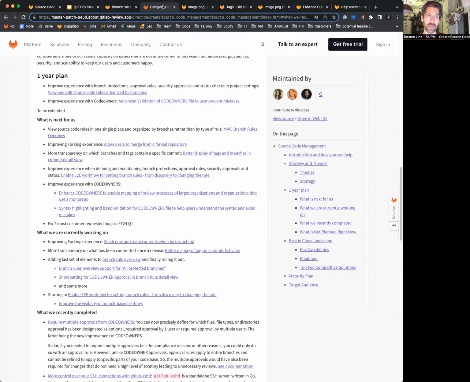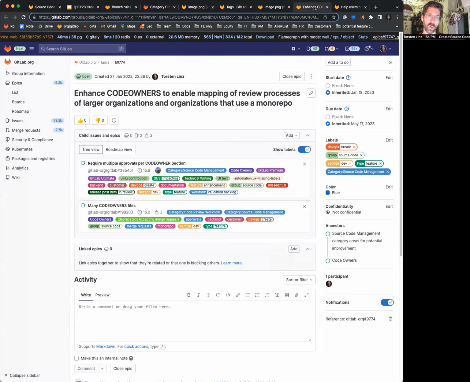So much about tags. Finally, code owners. I've already mentioned the contribution of Jihu. We're going to do more work in that direction that addresses large organizations or that addresses organizations with monorepos. One thing that we're planning to do hopefully this quarter or a bit later than this quarter is multiple code owner files, which will allow organizations with monorepos to